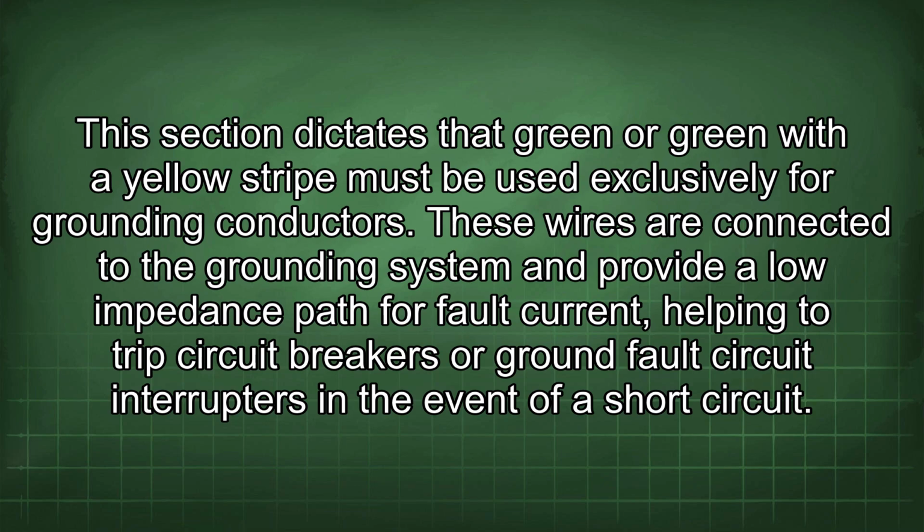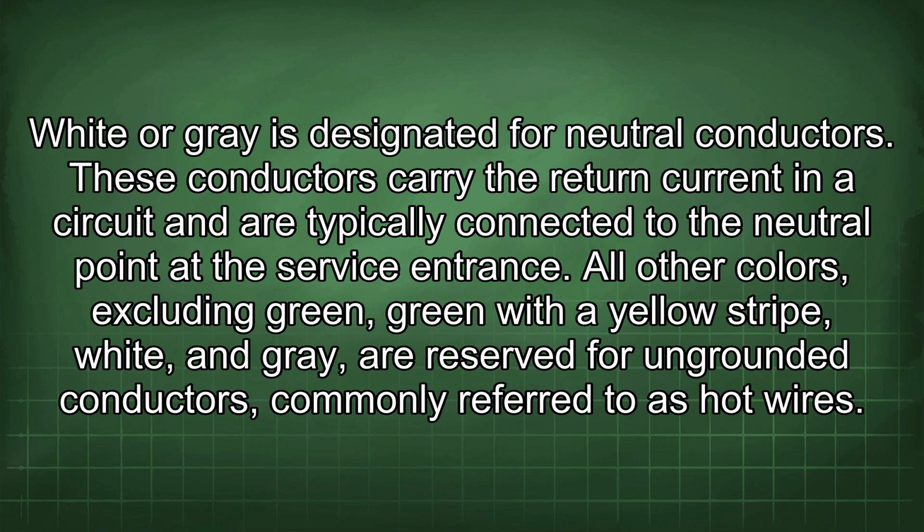These wires are connected to the grounding system and provide a low impedance path for fault current, helping to trip circuit breakers or ground fault circuit interrupters in the event of a short circuit. White or gray is designated for neutral conductors. These conductors carry the return current in a circuit and are typically connected to the neutral point at the service